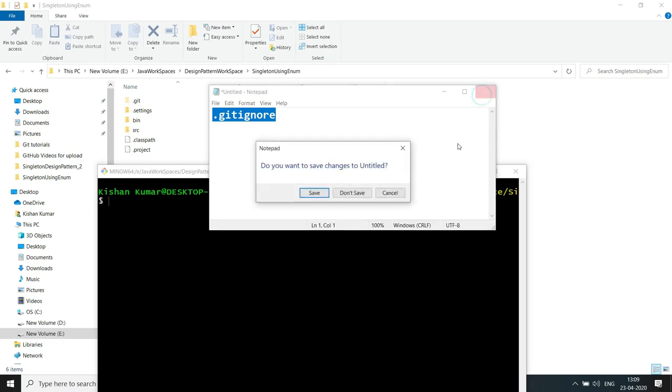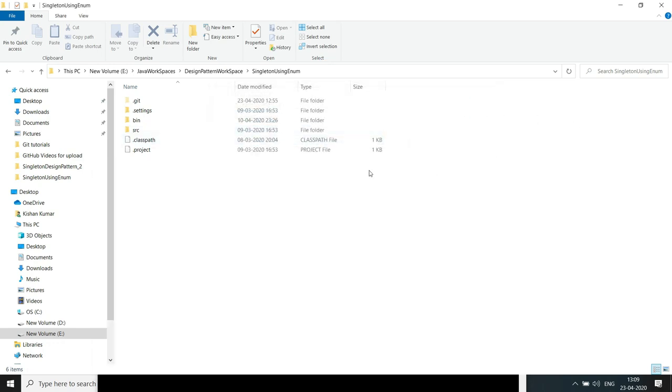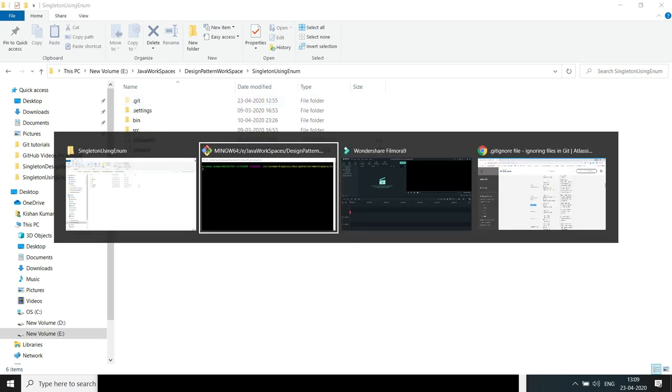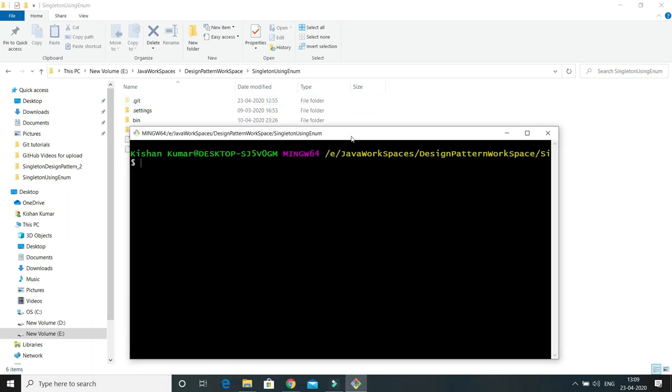To make this demo, I have one Git repository, singleton using enum, and here you can see the .git folder. Here I have a Git Bash which is currently pointing at this repository.